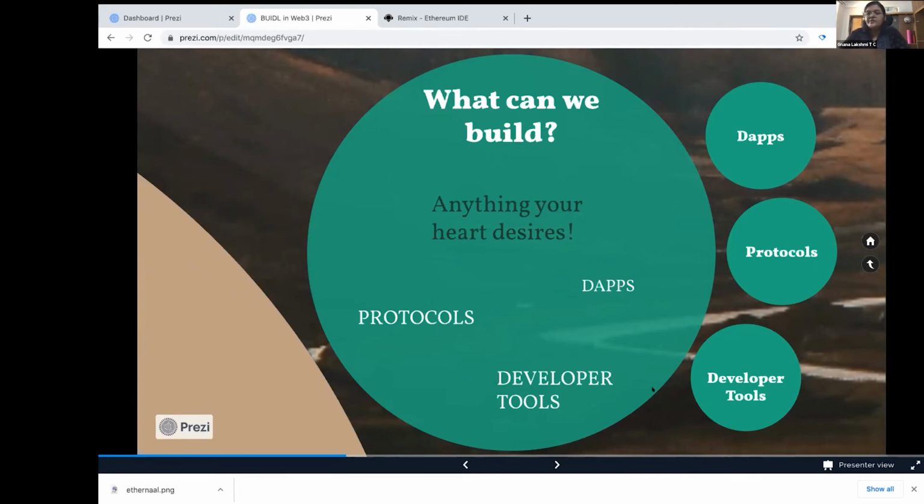In that case, you can think of what the pain points are that need to be solved for developers and build tools, which is, by the way, an entire ecosystem where people are craving to get products, right? So for the next couple of months, or at least the next 1 year, this is going to be the hottest ecosystem that is coming up, that is developer tools. If you build for developers, your product is definitely going to be one of the most lucrative products for people to use.